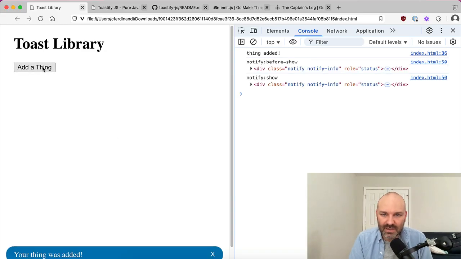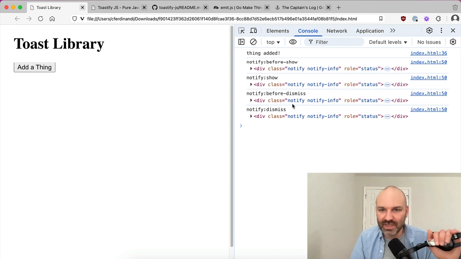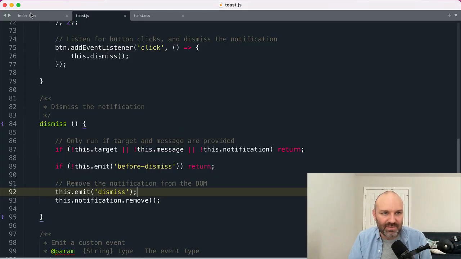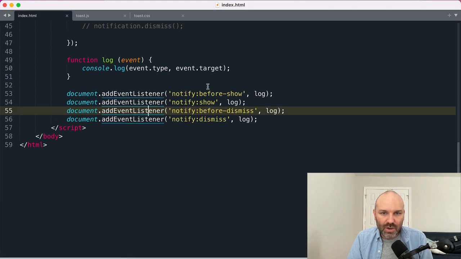Let's double check. Yeah, there we go. Now things are working as expected. Notify dismiss. Cool. We are good. Now let me show you an example of how you can overwrite